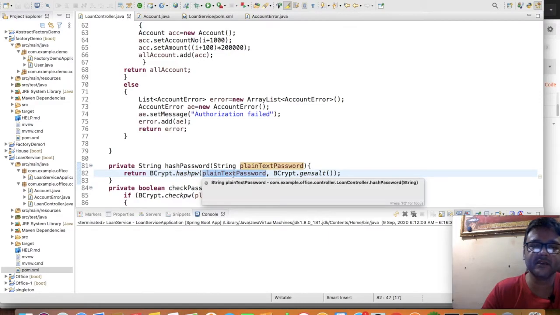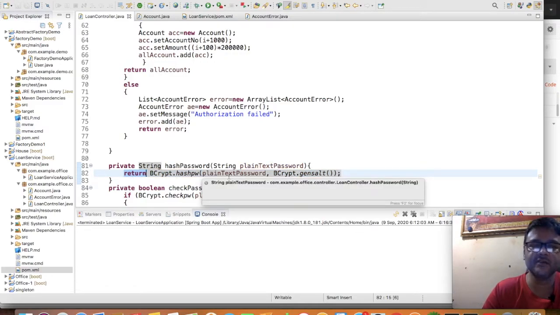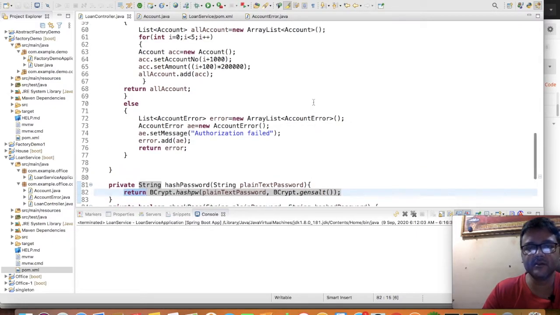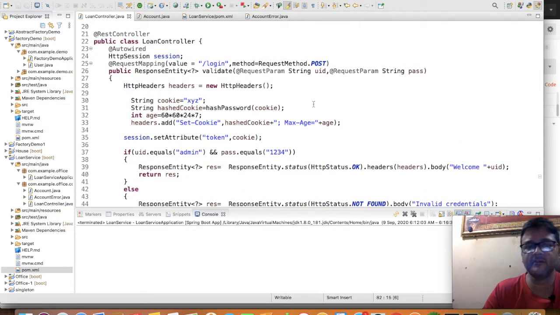This plain text it is going to accept as XYZ, and it is going to add the salt with it and return the hashed value, not XYZ, so that it cannot be attacked by some kind of process, the dictionary approach, or a lot of different mechanisms which I don't want to discuss in this video. That can be avoided with this hashed cookie.